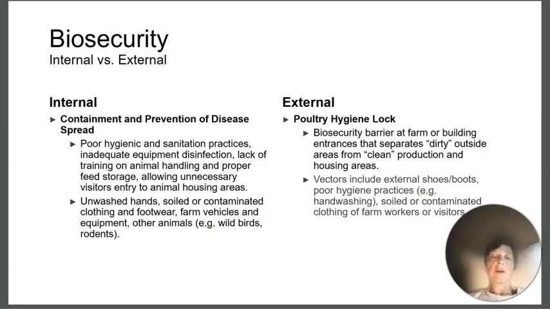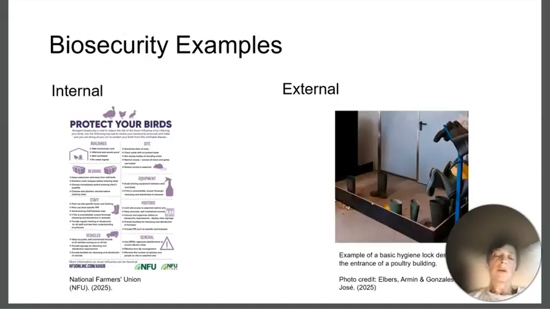But biosecurity, internal, external. I didn't realize that there were two different types of biosecurity, but one is to contain and prevent, and one is to completely prevent. So internal is containment and prevention, external is just make sure you work very hard, as you see here, just to try to keep any contaminants out if you can, so to